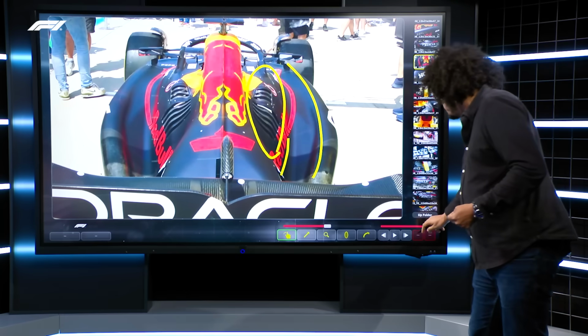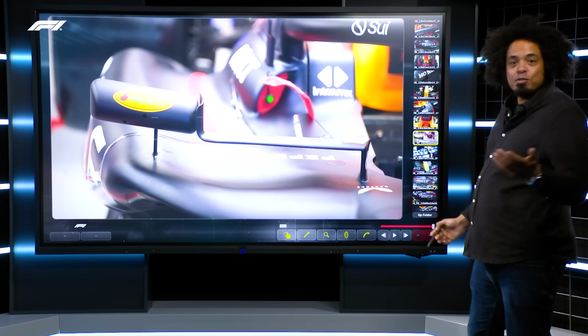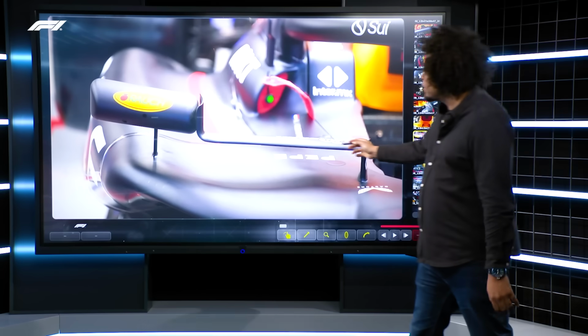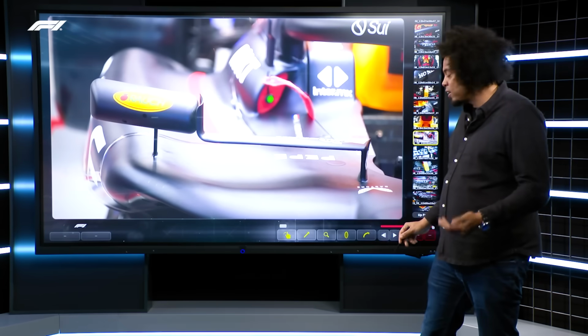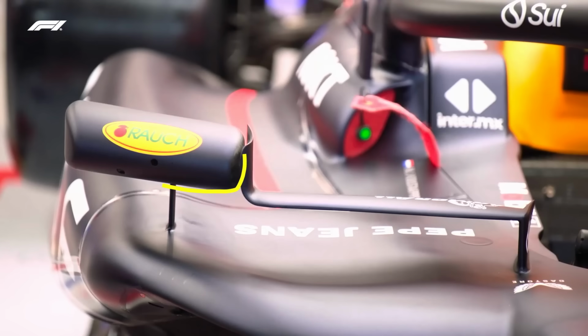But not the only one, because as we move on, we can take a look at the mirror design later in the season. Remember that design we saw early on? Well, they've changed it again with this new bodywork package. And have a look here. The connection between the main mirror housing here, which is defined by the regulations, the actual shape of it, rather than having the drag-reducing shapes above and below, which became a fashion for a while in Formula One,